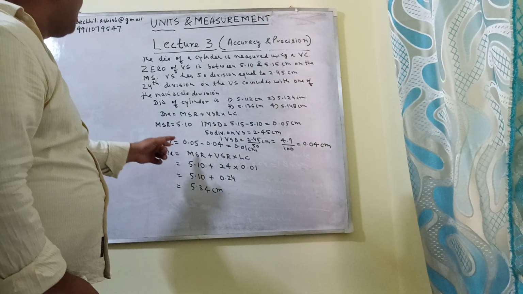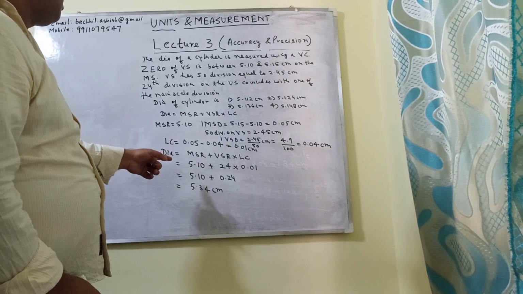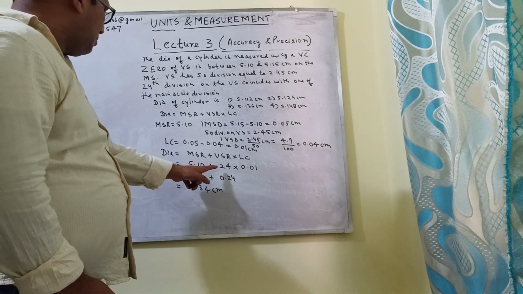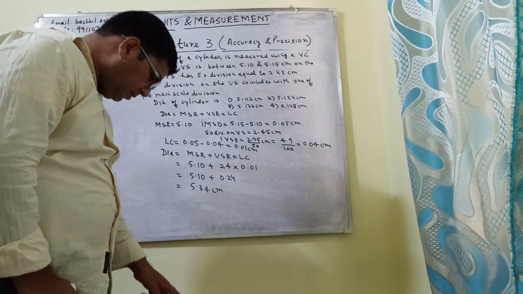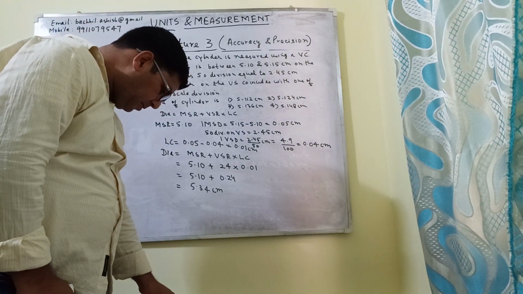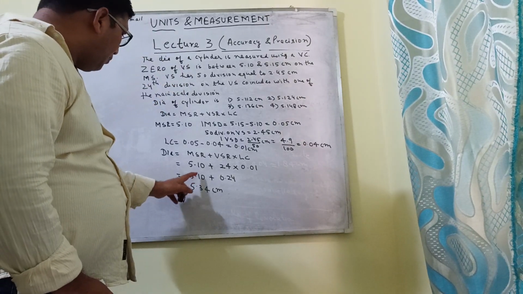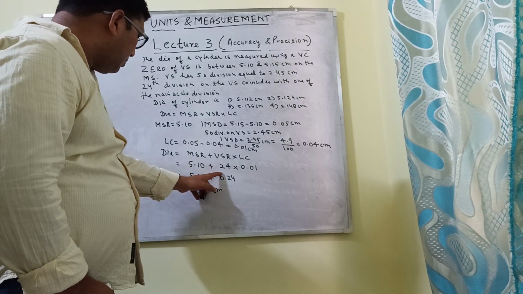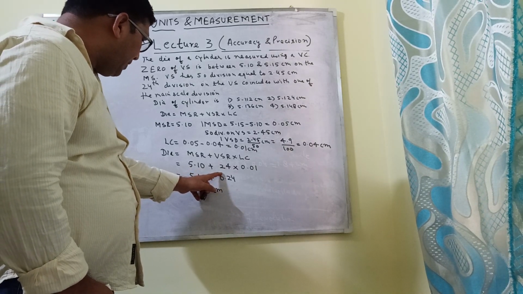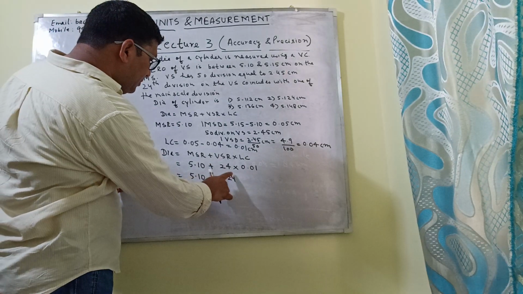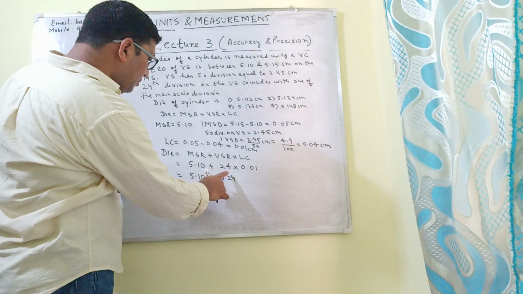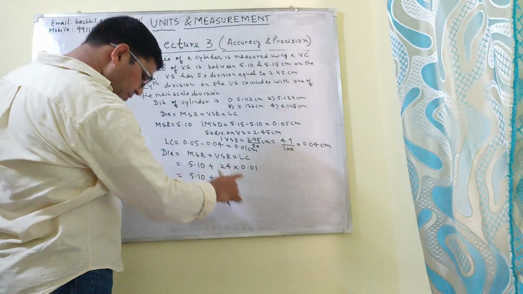Straight division, 5.10 into 24. Sorry, I think it's 24 into